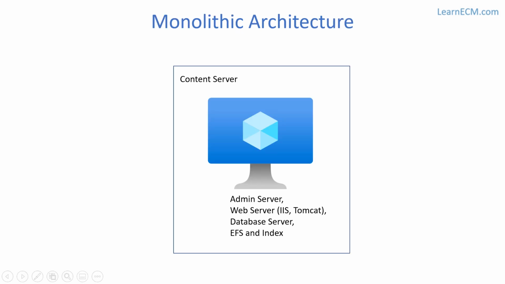Now let's consider the first architecture, the monolithic architecture. Here we install all these components on a single virtual machine. We have the admin server, web server, and database server all on a single VM or a physical machine. We mainly use this kind of architecture for development environments or for testing purposes. Let's say we want to try out a new functionality, then we can quickly create one server, install all the components there, and test a new concept. This is not used for a production system. So this is the basic architecture.